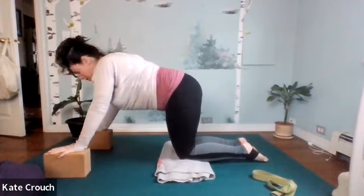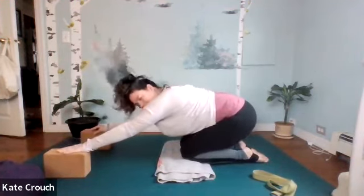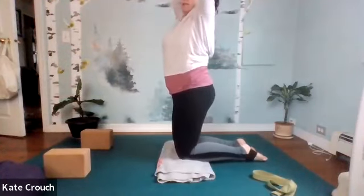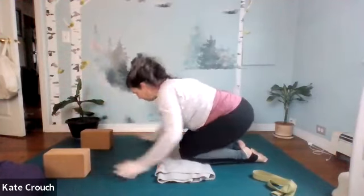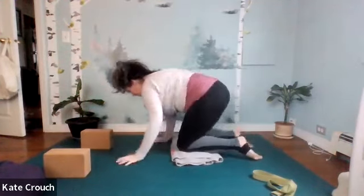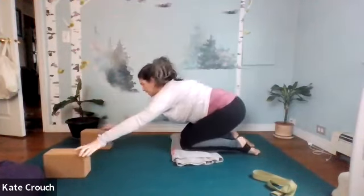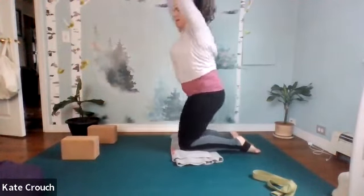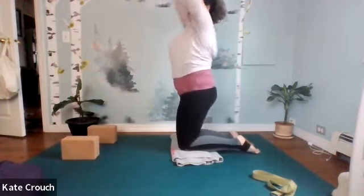So a variation could be to come forward and then reach the hips back. Or we're going to press into the tops of the feet and move to standing on the knees. Whoops, there I go. And then reach the hips back again. So you press up, so standing on the knees, and then reach the hips back. 3, 4,